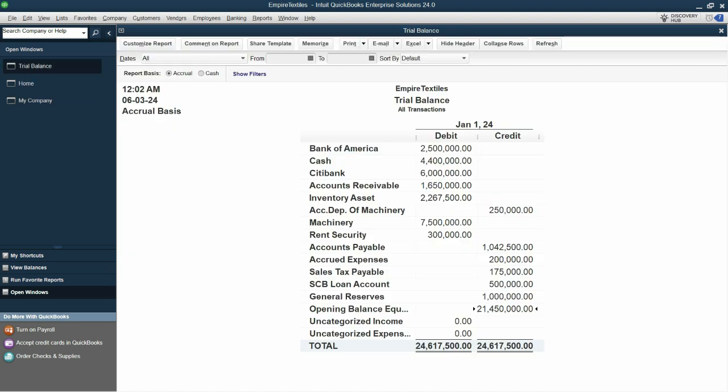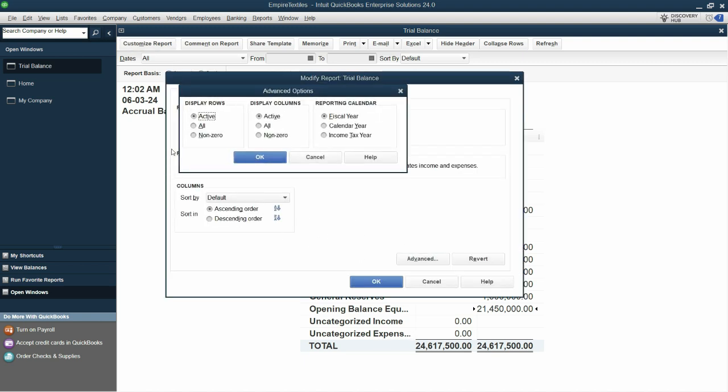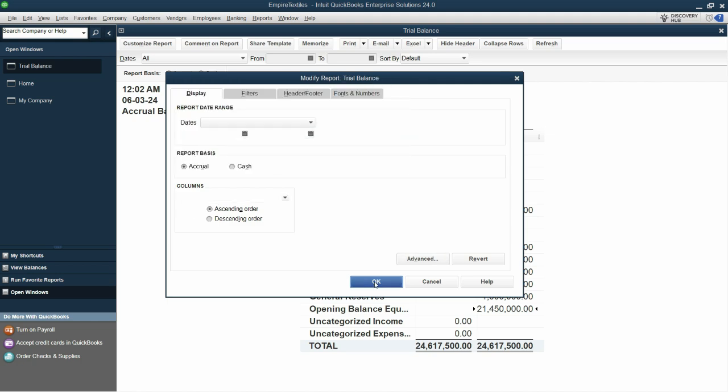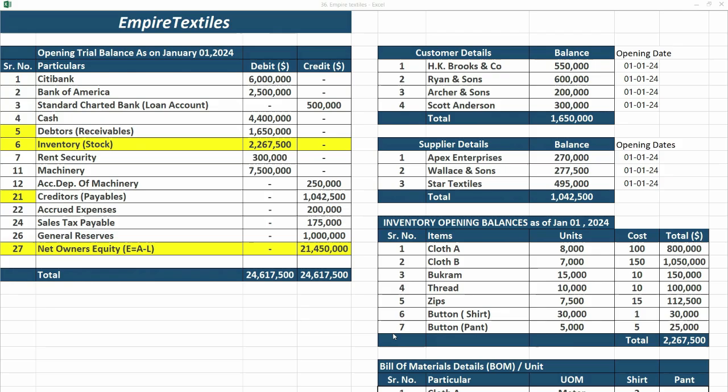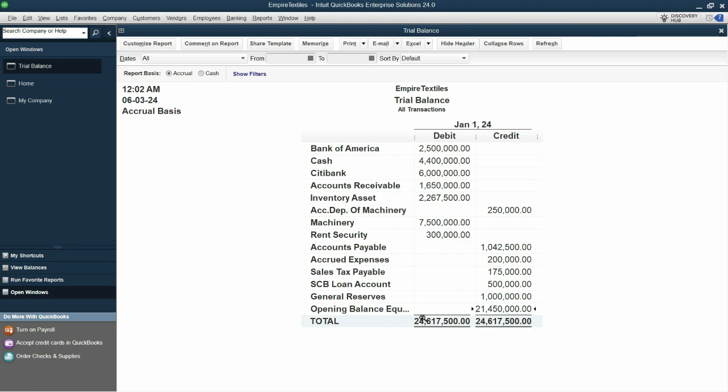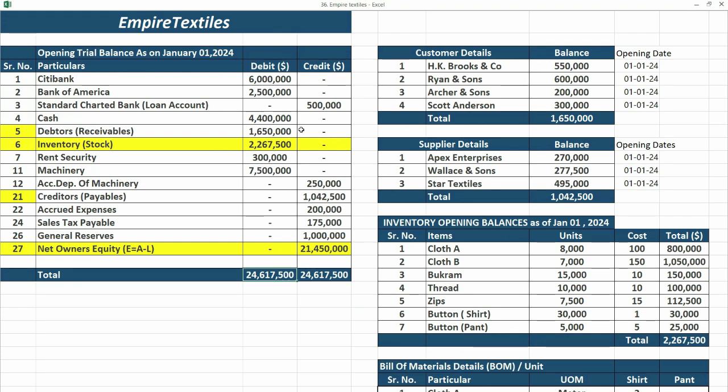and go to the trial balance, and let's see the balance now. Now, if you want to hide this, go to customize report, advanced, and display rows will be non-zeros only. So let's click OK. And now I think the balance is exactly the same. Yes, it is. So this is how you can make this adjustment in the trial balance, and your balances should